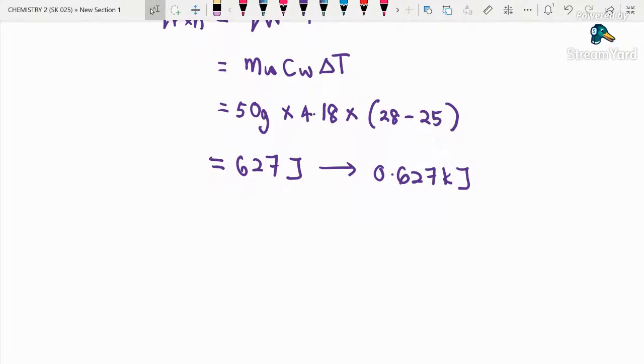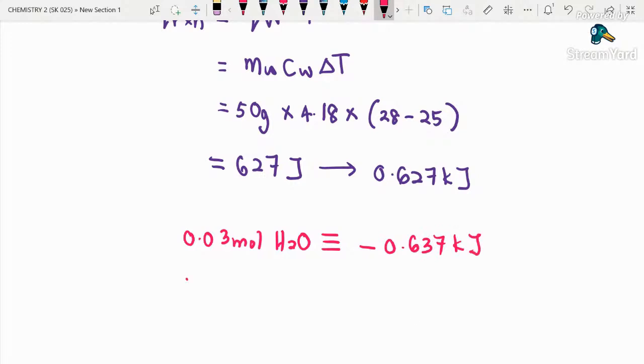So that we can put a statement 0.03 mole water form equivalent to negative 0.627 kilojoule. Kalau 1 mole of water sama dengan berapa? Saya dapat negative 20.9